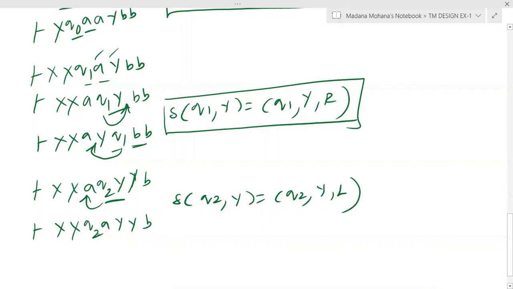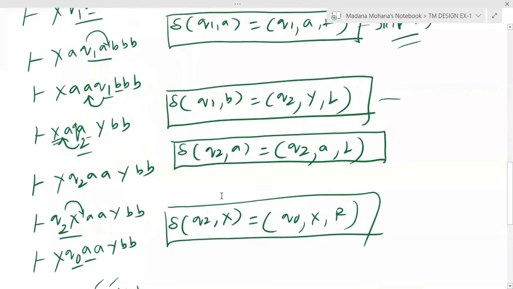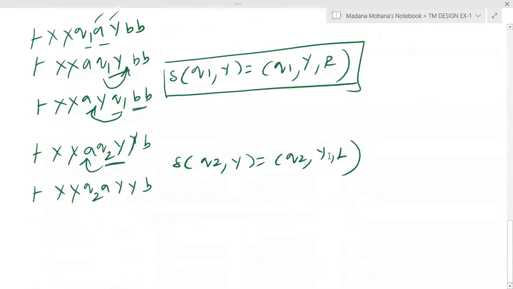Now you are at Q2 state. Now your input is A. So here also you can skip A. Why? Because to get X, you have to move left. See Q2 A, this skip transition is already there. So Q2 A equals Q2 A L. Apply this step. So now you will get skipping A by A without changing state, it moves left over the X. Now you will get X, Q2 X, then A is replaced with A and moves left, then Y, Y,